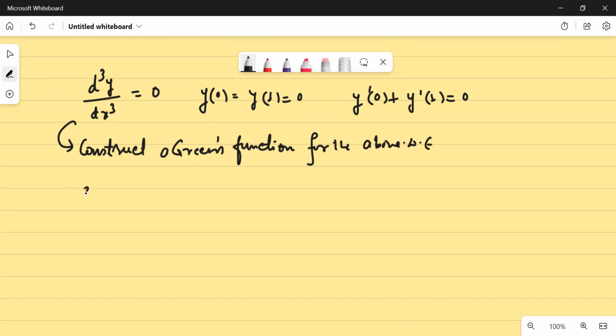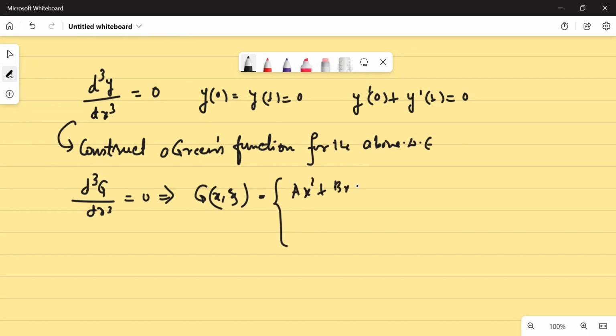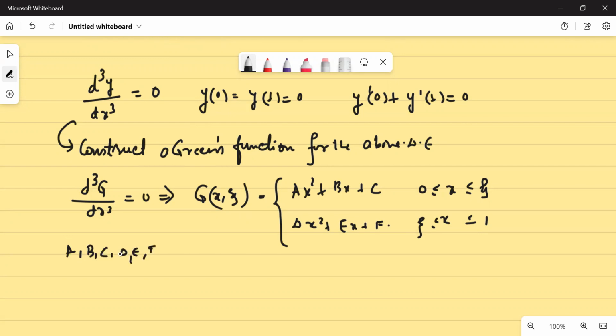So if I try to construct a Green's function, as I know, this will be d3 g upon dx3 equal to 0, and that implies that your g as a function of x comma zeta would be some quadratic function, let's say ax square plus bx plus c for all x lying between 0 and zeta, and for all x lying between zeta and 1, it will be some dx square plus ex plus f, where a, b, c, d, e, f